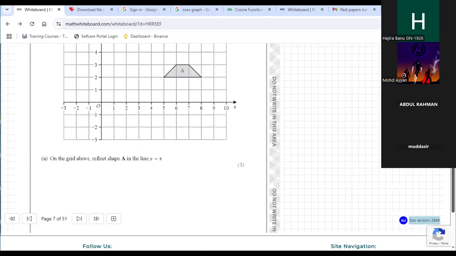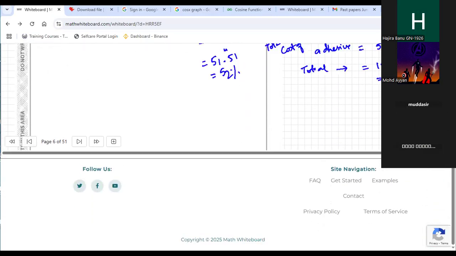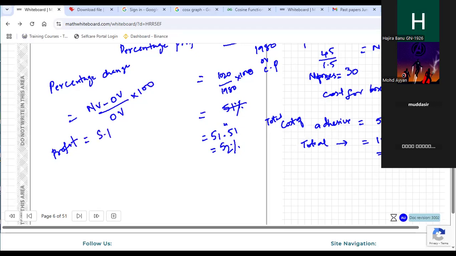Now, this is a question related to this. Ma'am, can you repeat the profit by selling price into 100 formula again? Look, generally, when we are finding percentage change in any case, the percentage change is new value minus old value, by old value, into 100. This is the formula. Now, when we are talking about profit percentage, it is selling price, because selling price will be more in profit, minus cost price, divided by cost price, into 100.